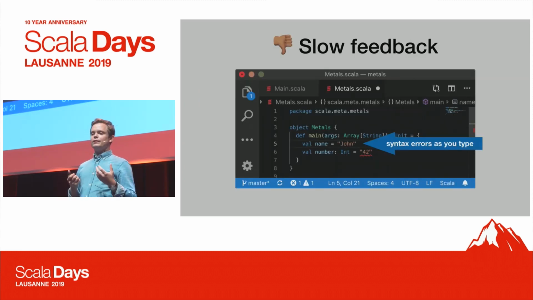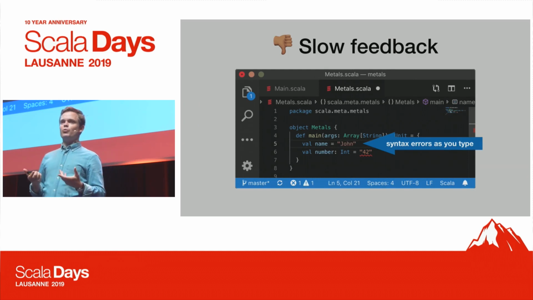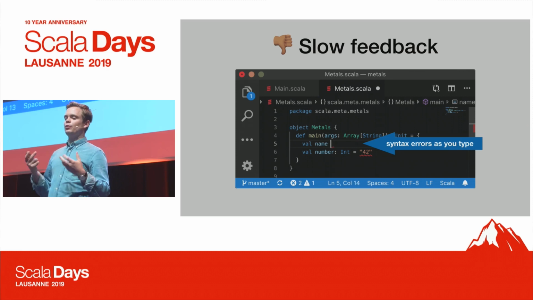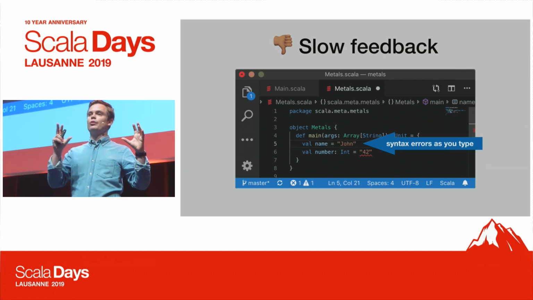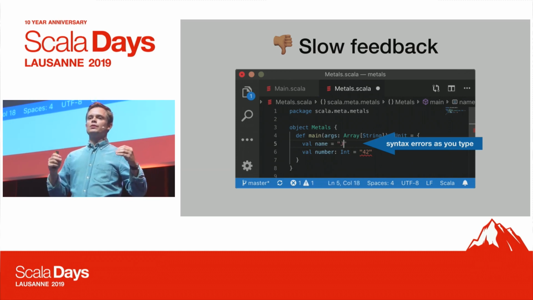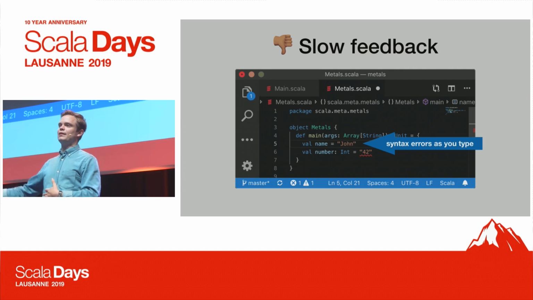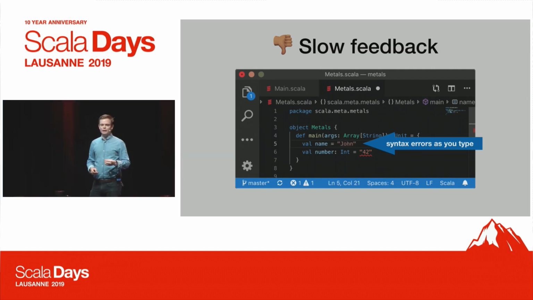One thing that we did, a very cheap win in terms of giving you faster feedback, was that we use the presentation compiler approach only for syntax errors. You can run a parser. You don't need to know the class path, any of the dependencies, or the build pipeline. If there's a missing closing parenthesis or an unclosed string literal, we can just publish those right away. And as you can see, there is a type error below which was published from the build tool.